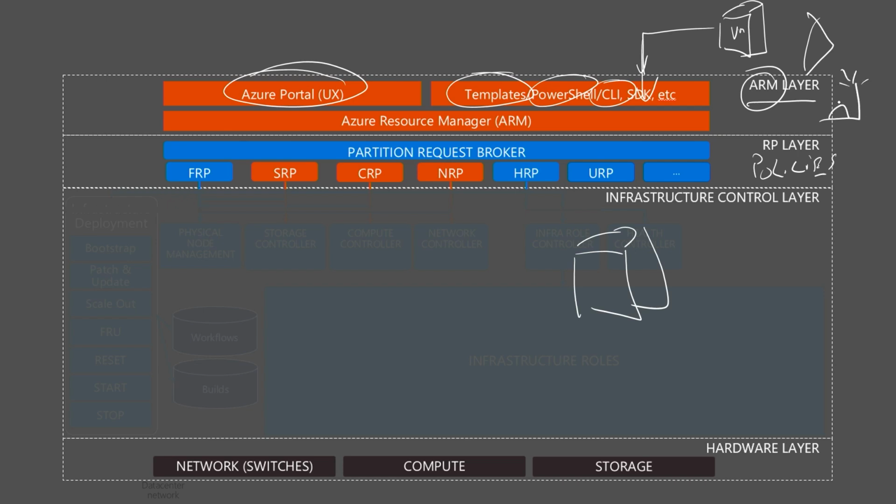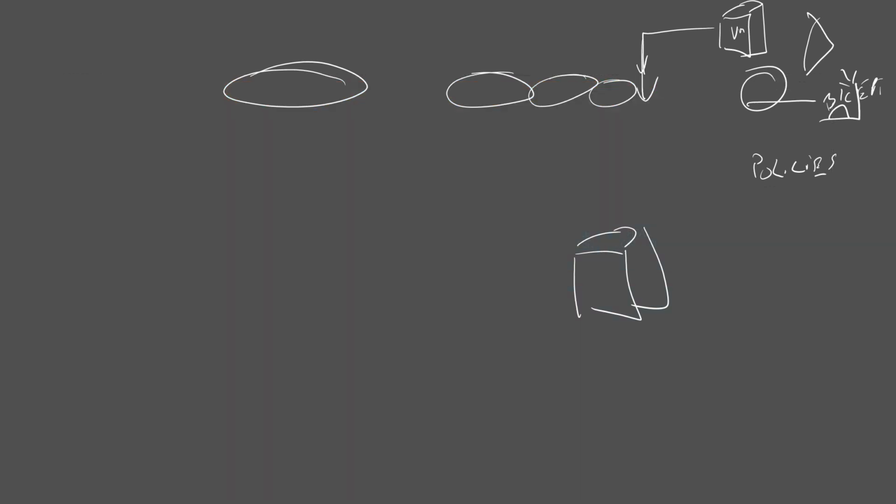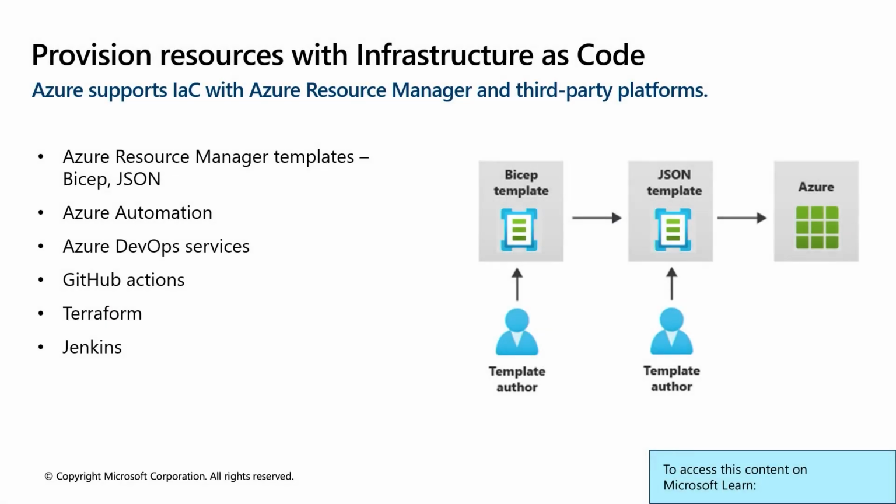Now, we also have, and if you're familiar with the word arm, draw a hand here, there's Bicep, which is a new way to interface with the Azure ARM layer. And that's what they're trying to show you on this slide: you can use Bicep templates. They are a relatively new way to interact with the Azure infrastructure. You can use a traditional Azure ARM template, and Bicep is about 30 to 40% more efficient for the